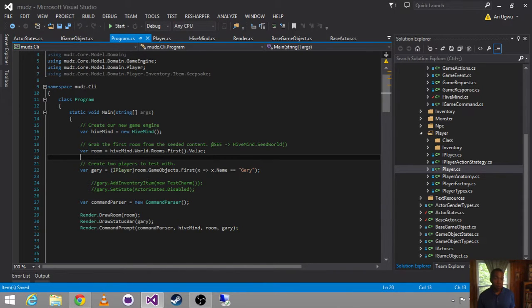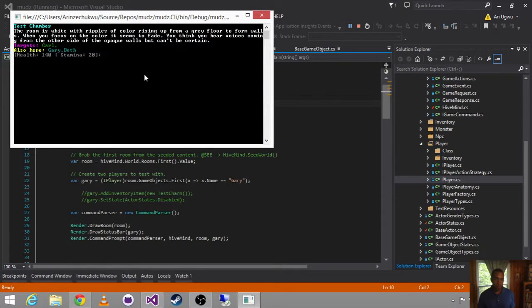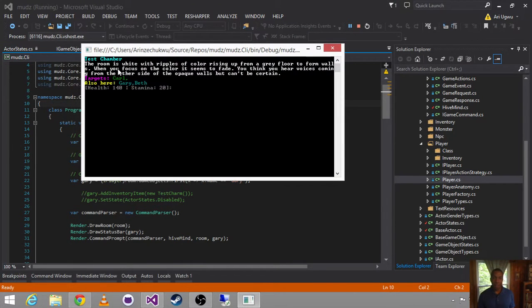Canadian is absolutely right. If we're in a room, let's go and see if we didn't introduce any bugs. All right. So if we're in a room with Gary and Beth, then we definitely want to have everyone in this room subscribe to events which occur inside of this room. So when Beth attacks Carl, we want it to output on Gary